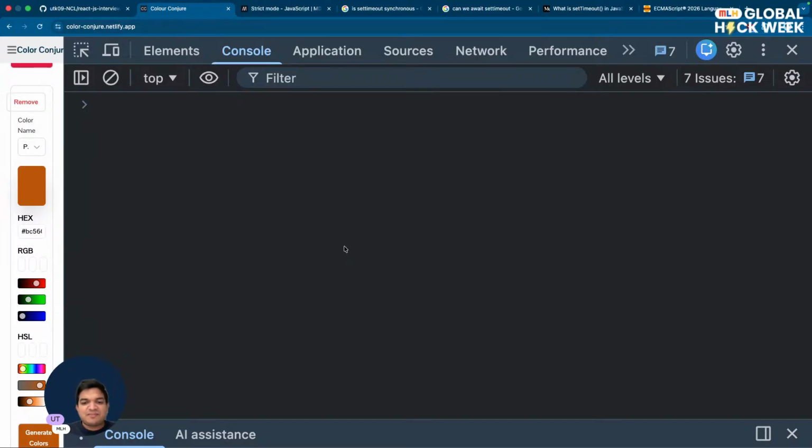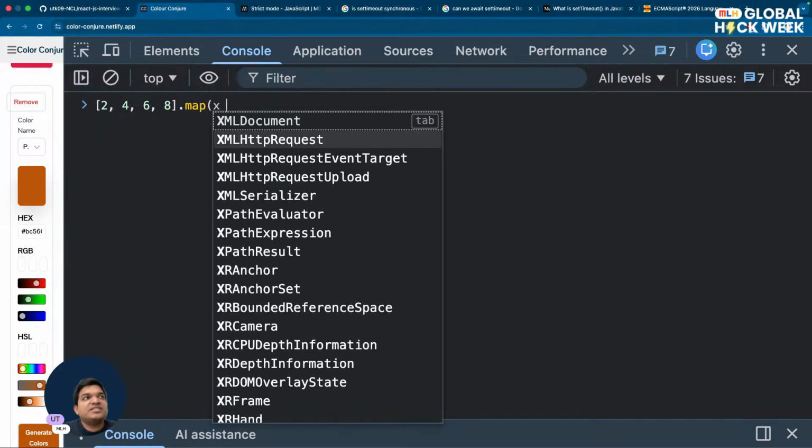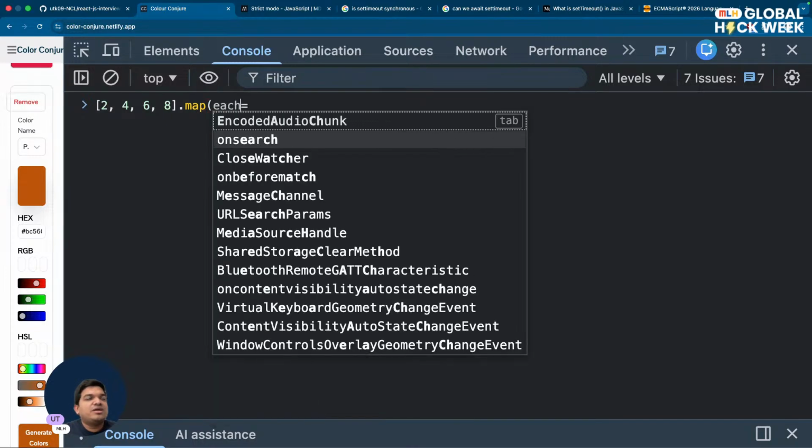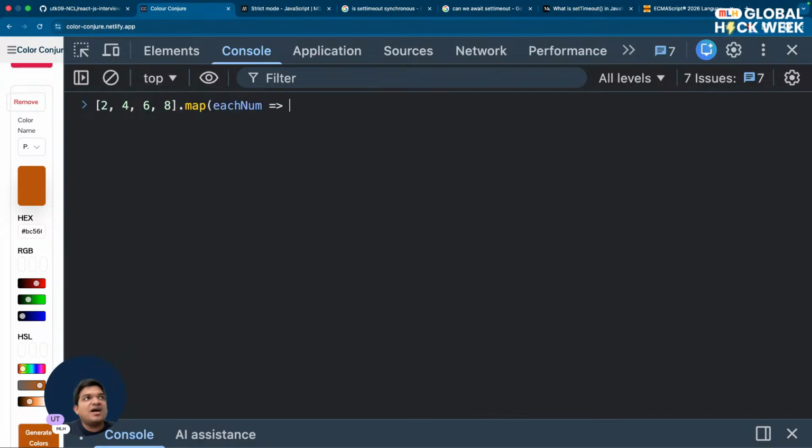So, do you all know what a map is in JavaScript? If you have an array, then you can map over it, right? And that map basically returns a new array. For example, if I have an array of 2, 4, 6, 8 and I map over it, map is going to loop over it, and I can say for each number in that array, I want to do, I don't know,